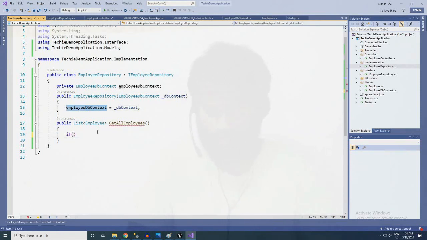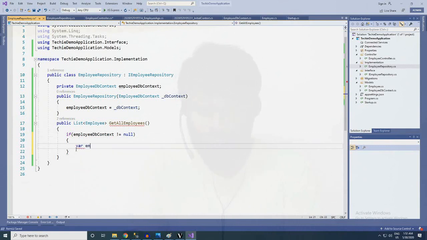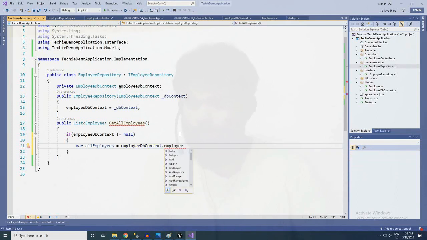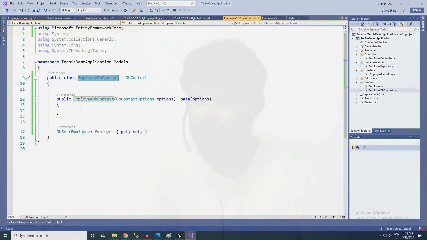If employee context is not null, now we can enter inside and get all employees, where employees equal to employee db context dot employees. It's not recognizing, let me check what the problem is.